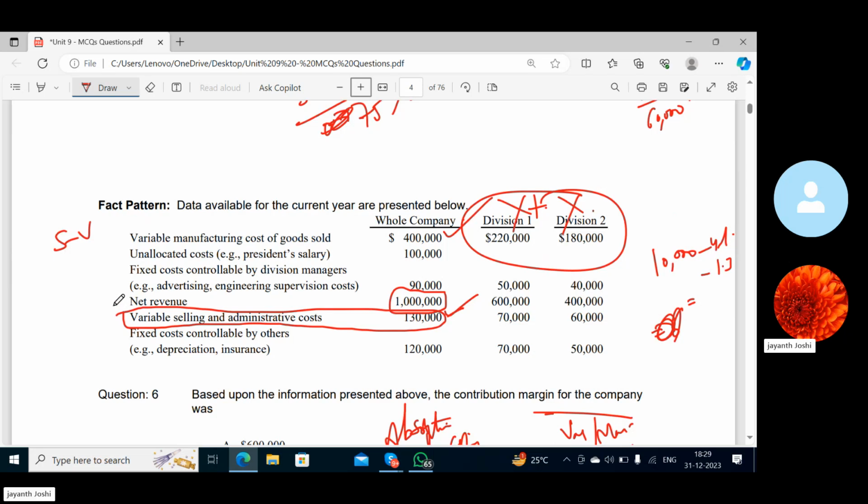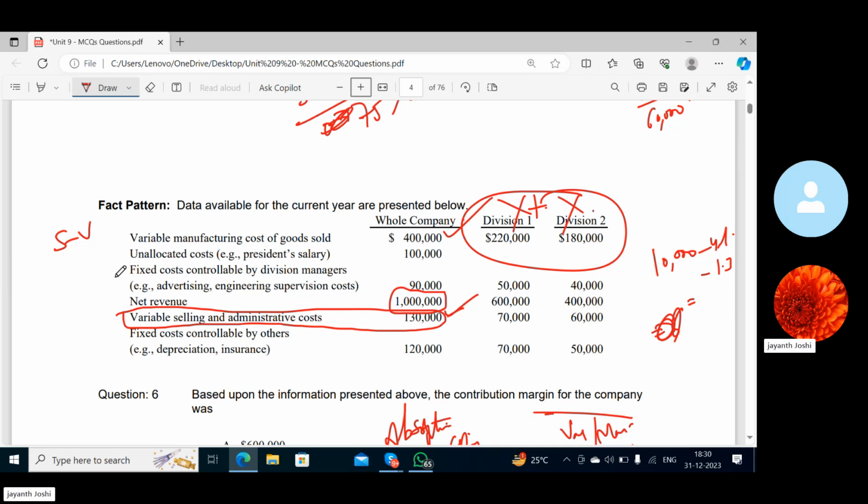So contribution is sales minus variable cost. But what kind of costing do we follow? Direct costing considers only variable cost as product cost. Direct costing is marginal costing. And absorption costing treats both variable and fixed manufacturing cost as product cost. Thus, variable costs are not stated separately, which is nothing but